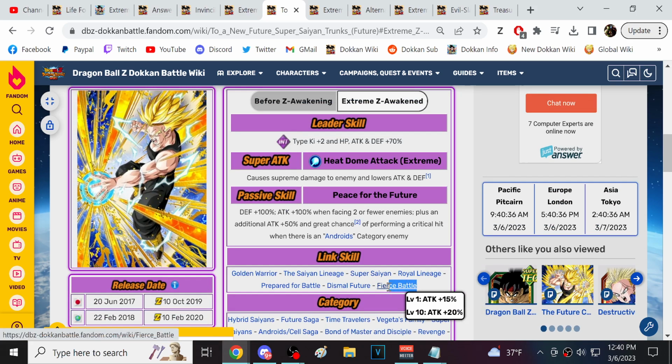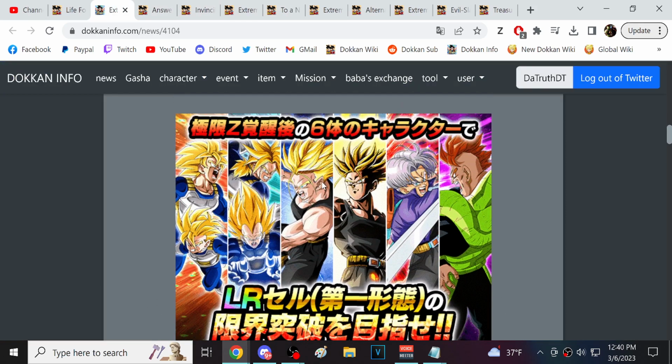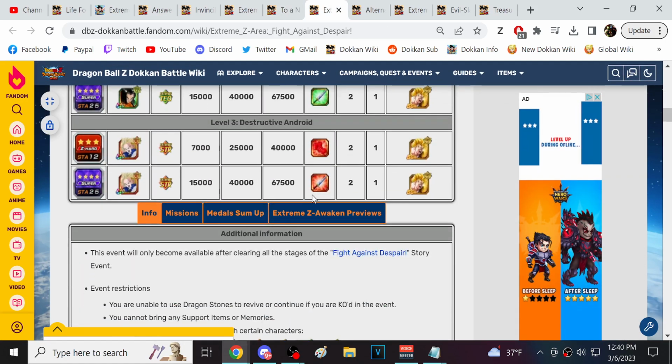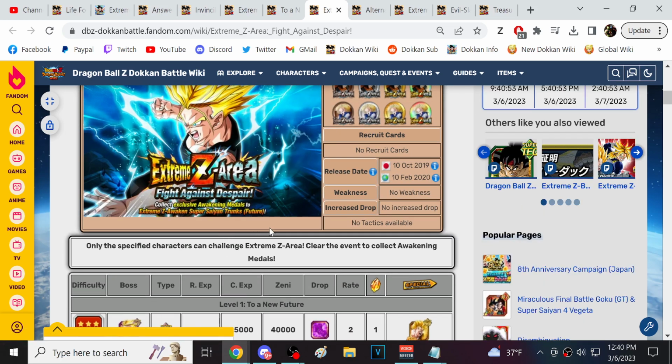Unfortunately, he is a fierce battle character, whereas the rest of the team is all Shattering the Limit units. That's sort of the one negative there. I don't believe that this guy should be too tough to EZA. Let's see, the fight against Despair EZA area. So these two, they EZA'd along with...